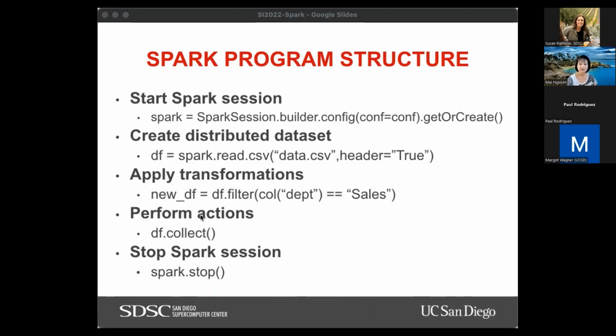Then you can apply transformations and perform actions, and you repeatedly do this to process whatever operations are necessary for your application. And at the very end, you want to stop the Spark session using spark.stop. Okay. So this is the generic, general structure of a Spark program.